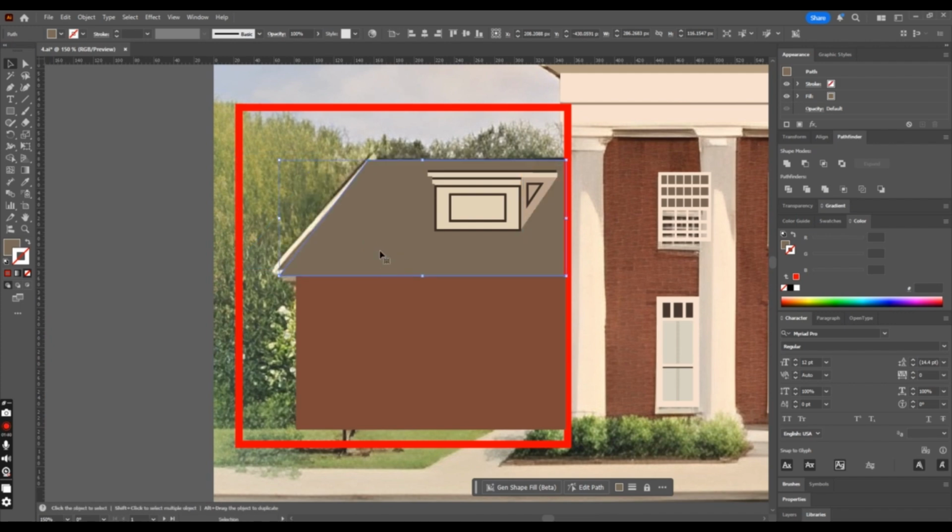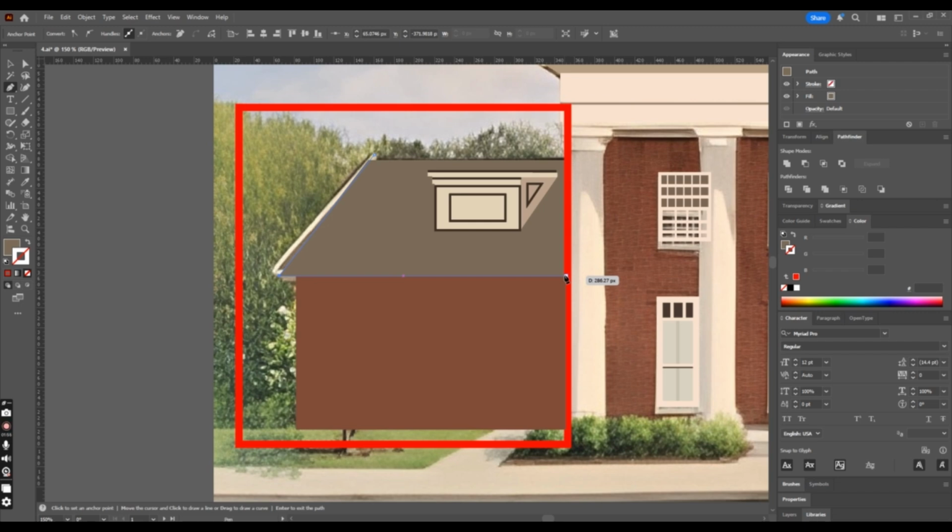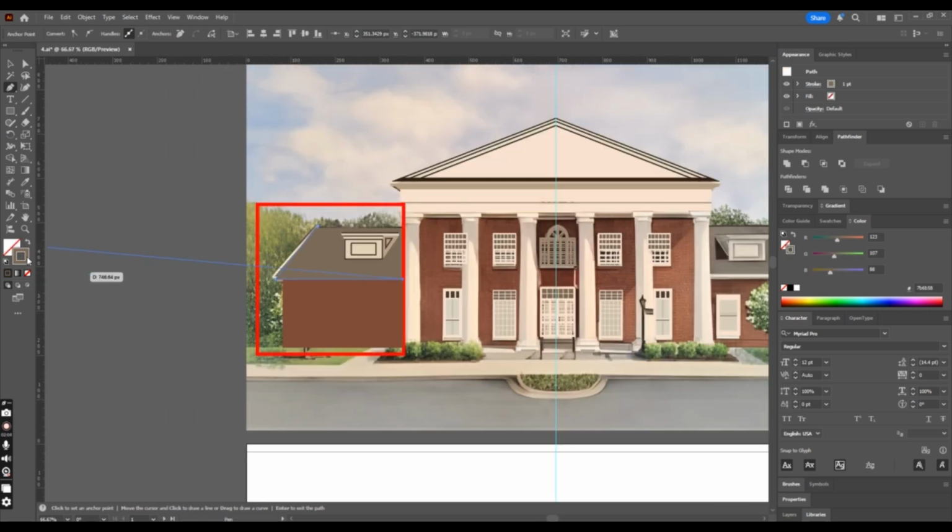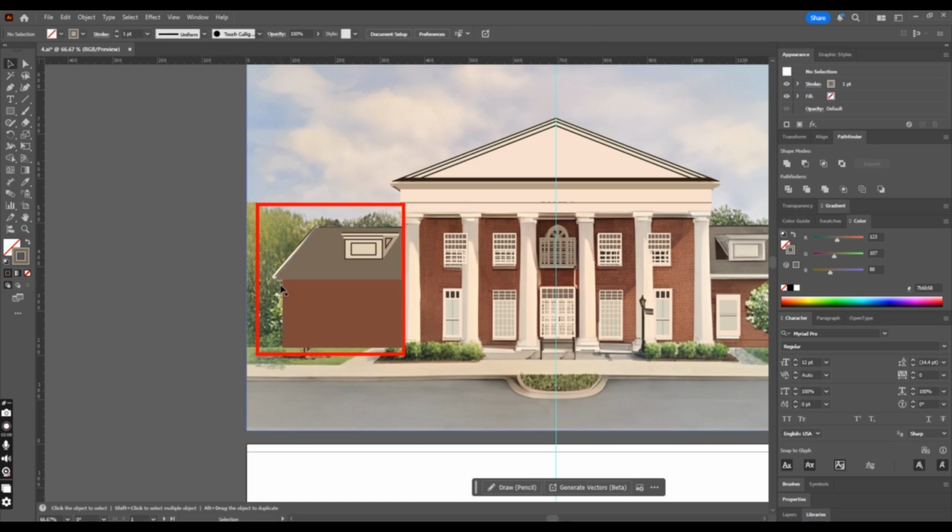Now as you can see, there is some extra whiter part in the image, so I'm going to make them with the pen tool, or you can use any other tool for that, but I'm using the pen tool for convenience. And I'm going to turn on the stroke, and I'm clicking on it and just click